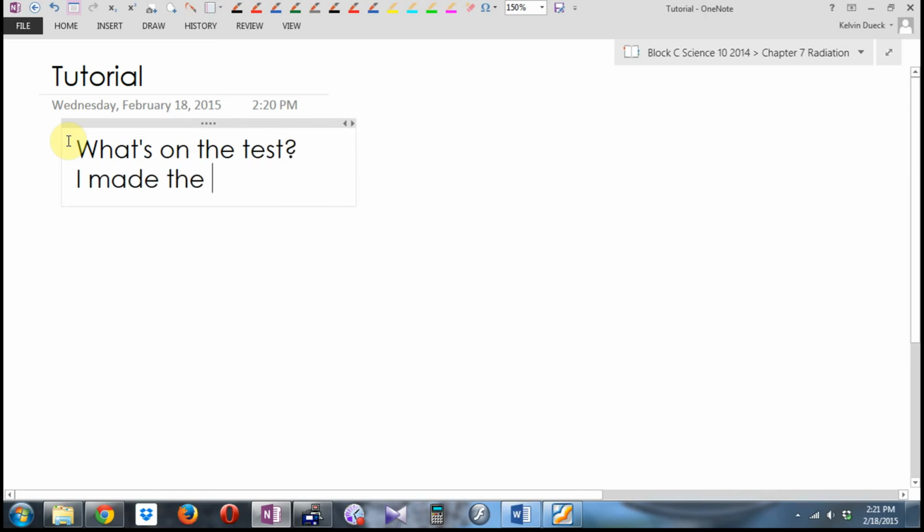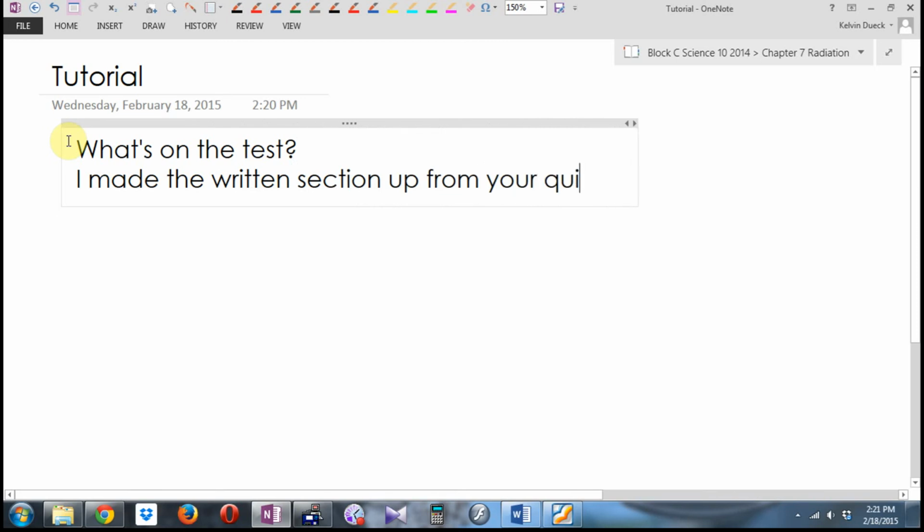I made the written section up from your quizzes. I basically took the written section of the test, changed the numbers or the equations, and turned those into 3 separate quizzes. So ignoring the very last one that I didn't count, but the first 3 quizzes that I did count for marks, that's a pretty good indication of the written section. What about the multiple choice section? Well, I tried to give you a bit of an idea of some of the stuff you might see, but